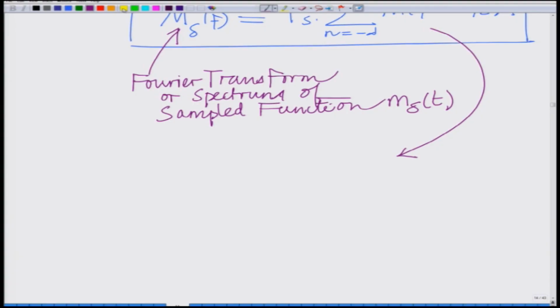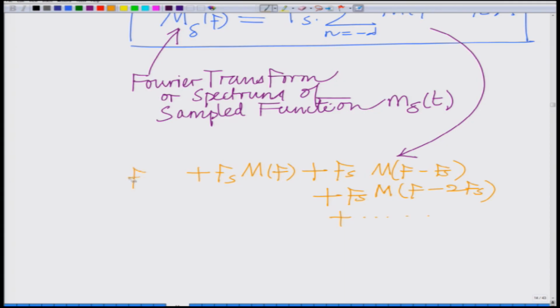So, what you have is very interesting. You have Fs times M(f) plus Fs times M(f minus Fs) plus Fs times M(f minus 2Fs) plus so on, plus also Fs times M(f plus Fs), that is, this copy shifted to minus Fs, plus Fs times M(f plus 2Fs), that is, copy shifted to minus 2Fs, and so on. Alright. So, this is basically the sum of spectral copies